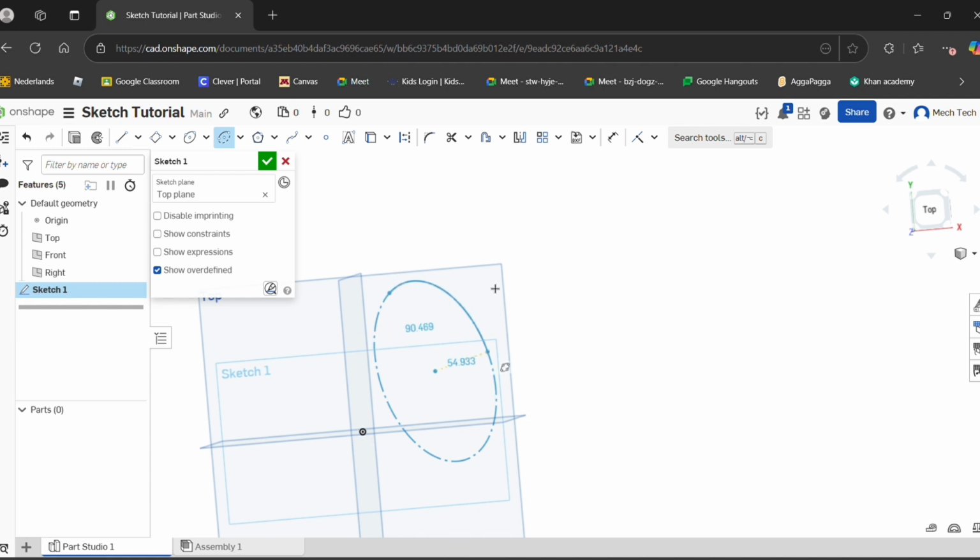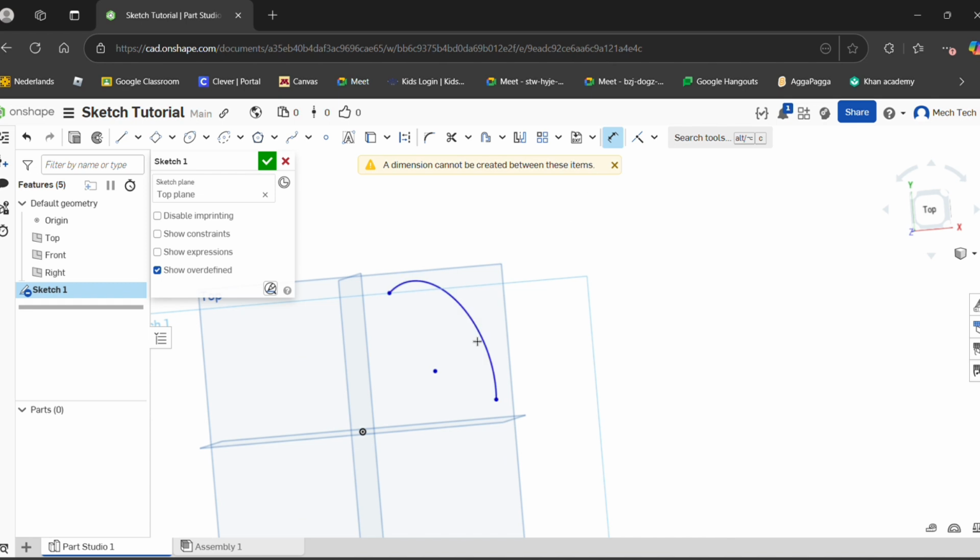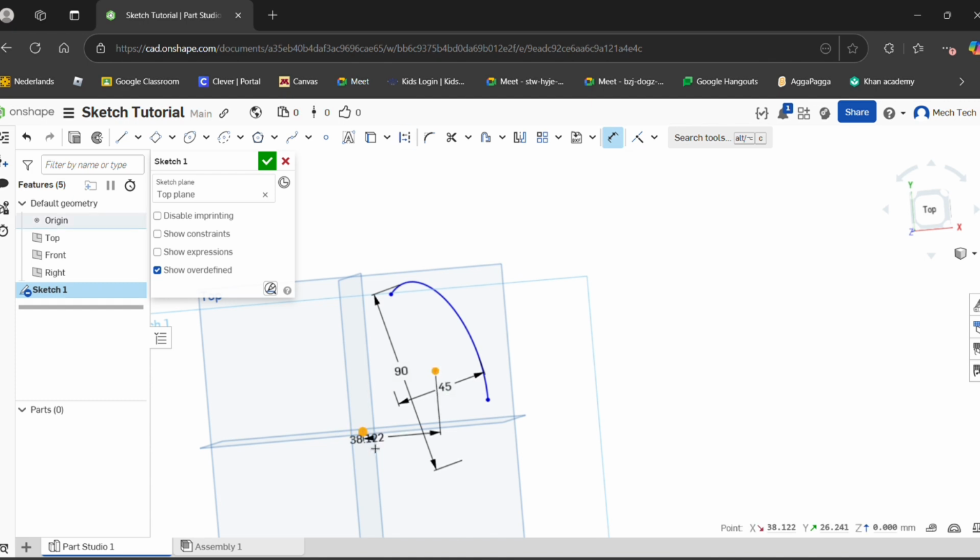And then basically you get to pick how much of that ellipse you want the arc to be. So now you have to define all of the arc. So you have to define the length, you have to define the width, you have to define the center point,